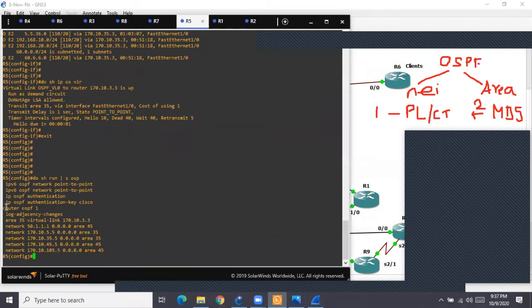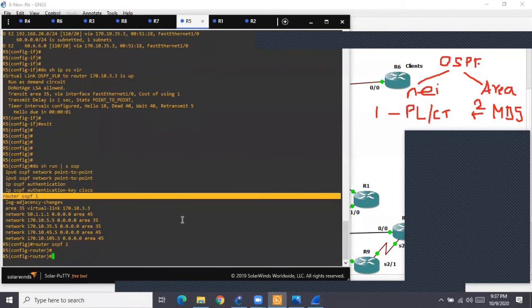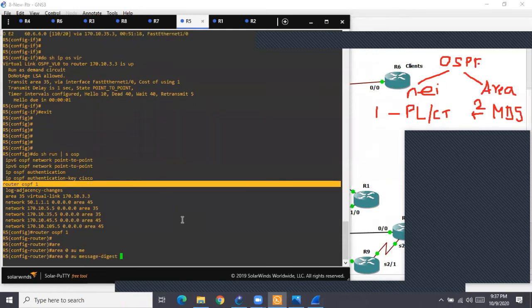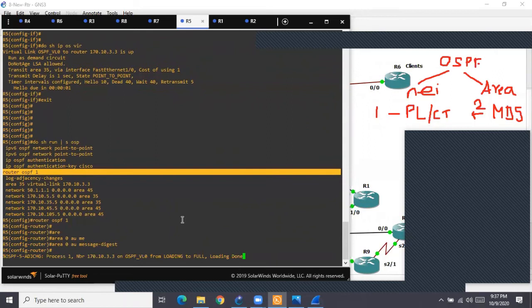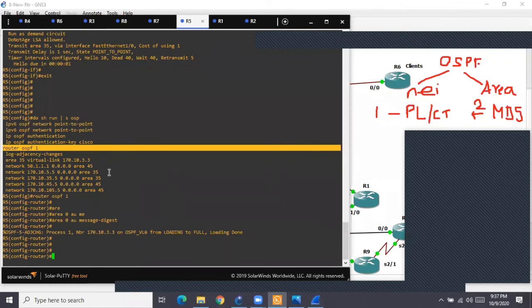You see here what I'll do, I'll go inside OSPF again. Now you see on R5 there is no area 0, but I still need to say it, because R5 is logically part of area 0. So I have to say, hey R5, you need to have area 0 authentication message-digest. Full command. I'm just showing you, and there you see immediately neighborship. It was just a mismatch of that authentication type.